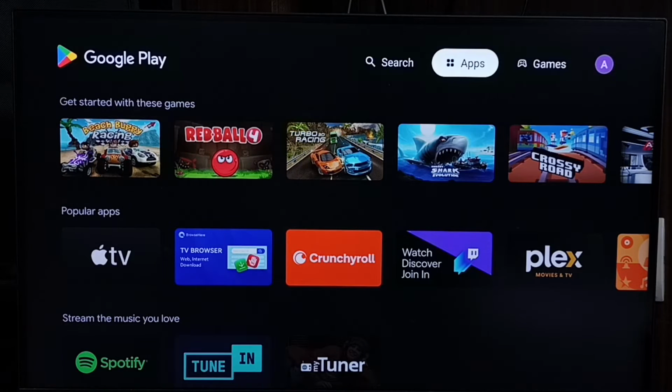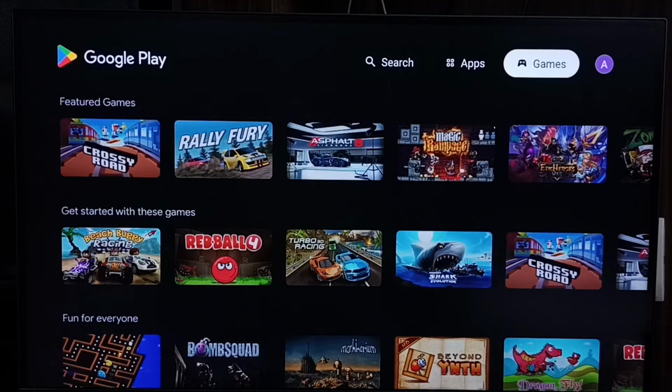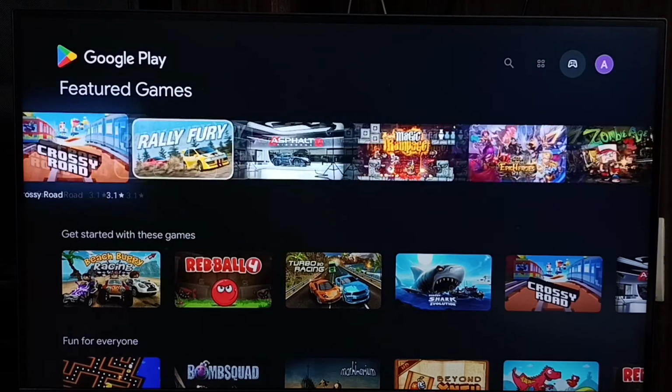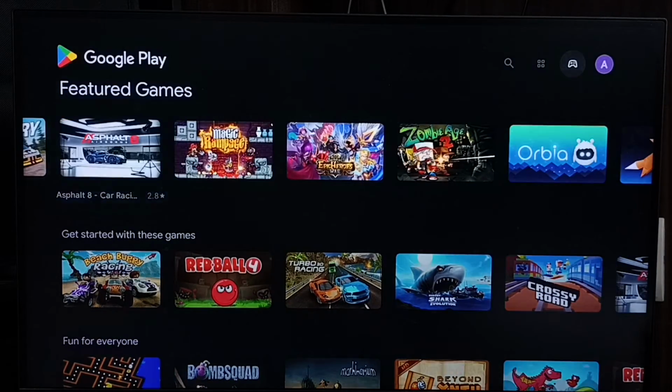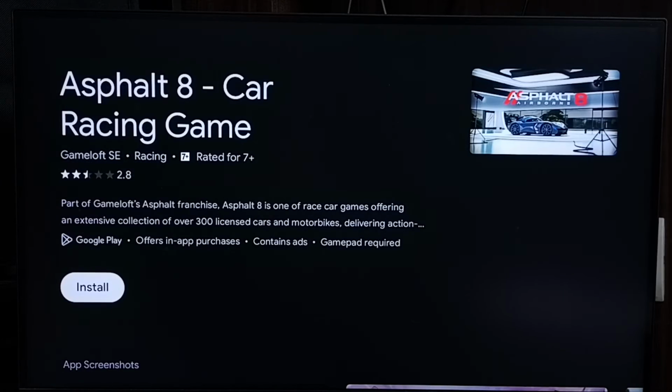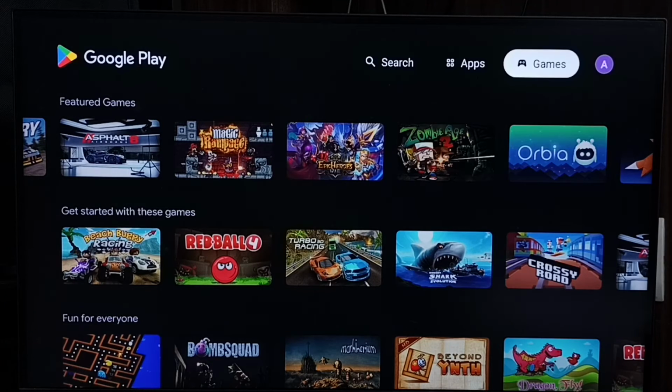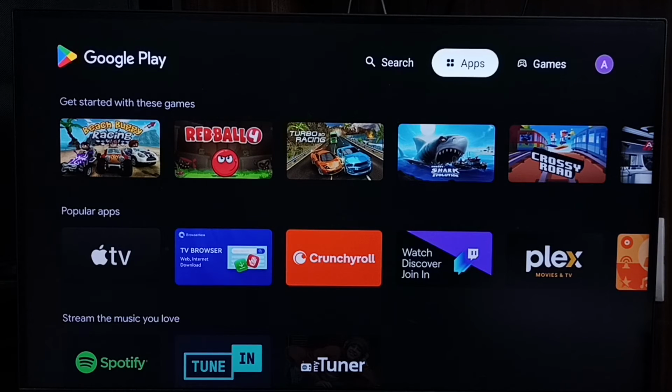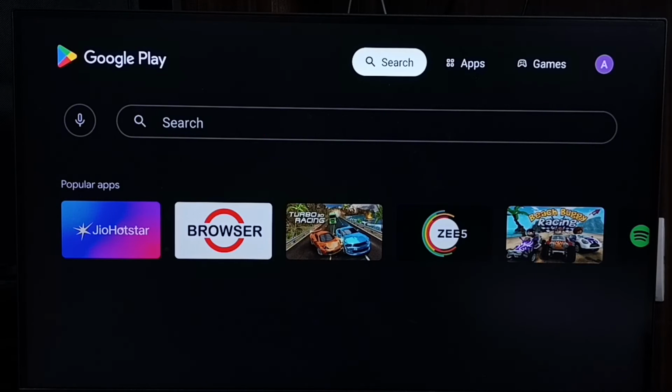Go to top, here you can see apps tab, games tab. From here you can select one game, then install. We can also select one app and install. Here you can see search. We can search for apps or games, then you can select and install. This way we can open Google Play Store and install apps and